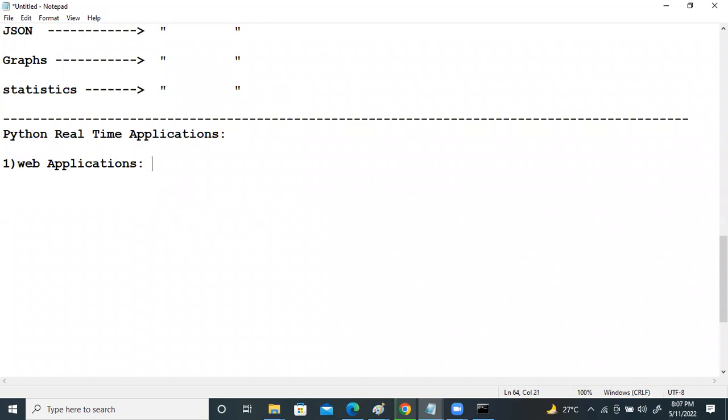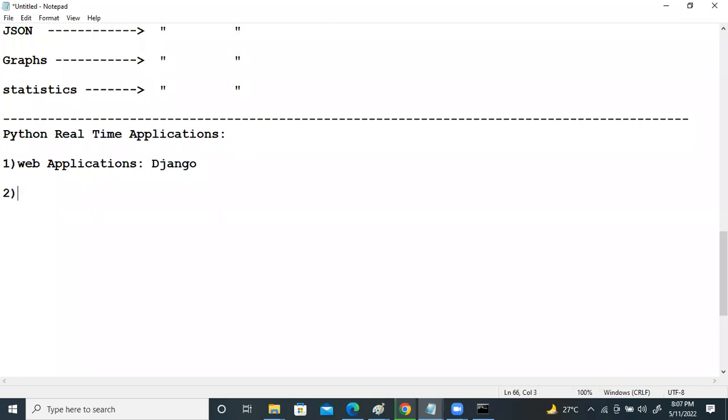Using frameworks like the Django framework. We have many frameworks for Python: Django, Flask, Pyramid, Bottle, TurboGears. The most famous is the Django framework, which provides flexible features for developing web applications, with an inbuilt database, SQLite 3, and its own application server. So at a rapid speed, we can develop applications using Python. Python is mostly used today in creation of web applications, right?